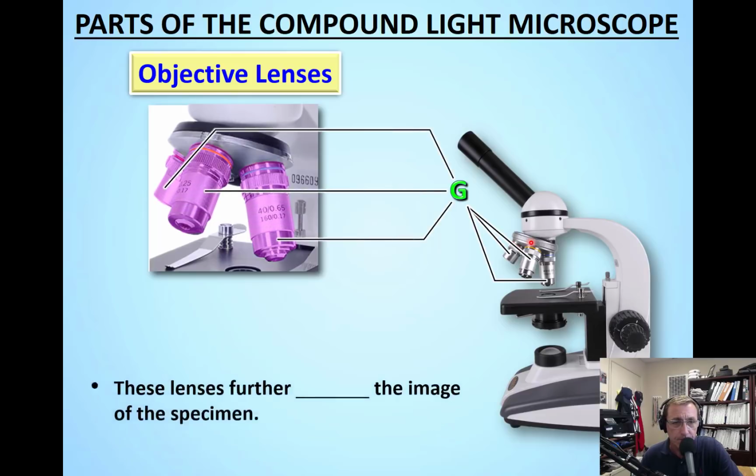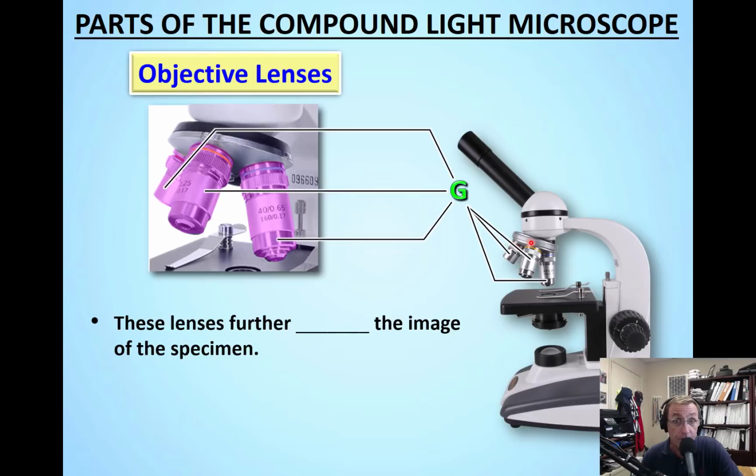Okay, now we're moving down from the rotating nose piece to the objective lenses. There's 3 of them here. These lenses further magnify the image of the specimen. They've further magnified, as you might imagine. And you have a low, medium, and high